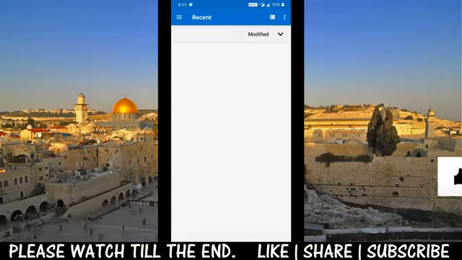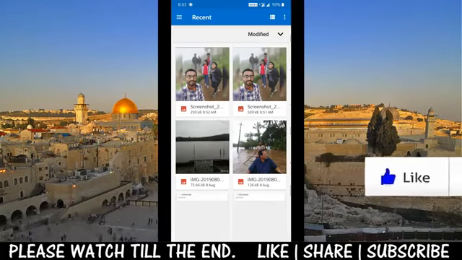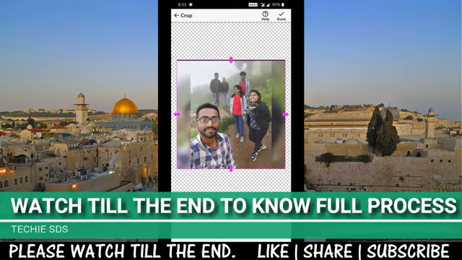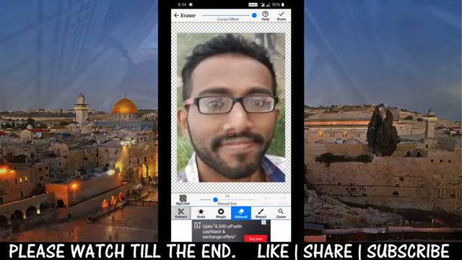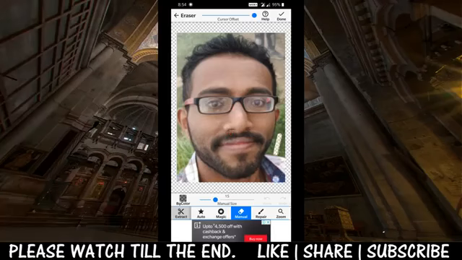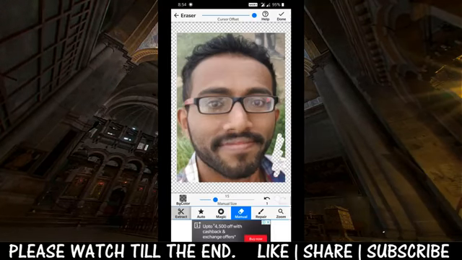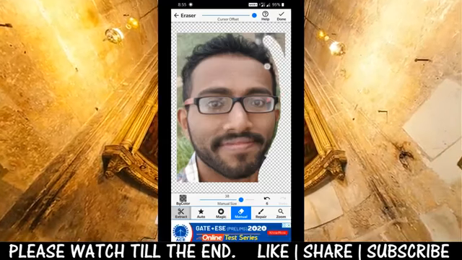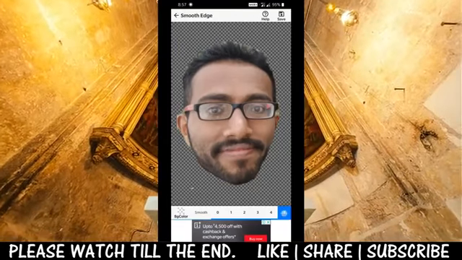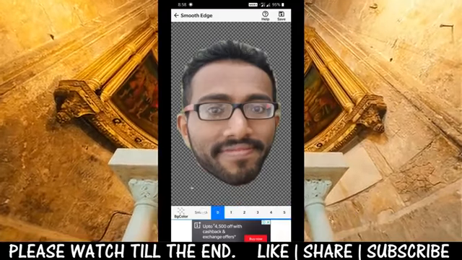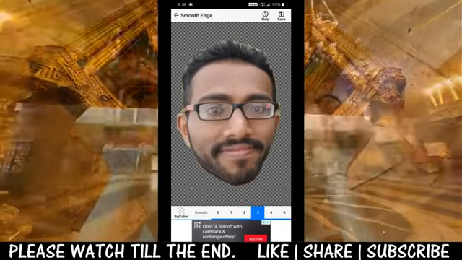First of all, launch background eraser app. From here we will pick up the face which we are going to swap. So I'll take my face here from this picture. This application is very easy, guys. First crop the main face, then to erase the other unwanted parts you can use the erasers. Manual is there and also magical eraser is there, you can use it. So like this, keep only the face part as you can see here. Then here smoothen the edges, I'll keep to 3. When you smoothen the edges, the final image will look good, guys, so it's mandatory as you can see.